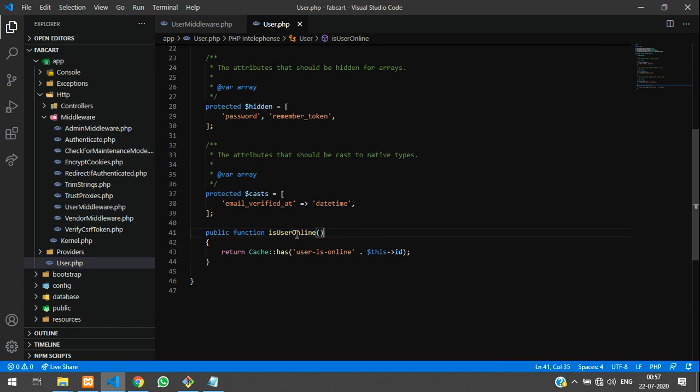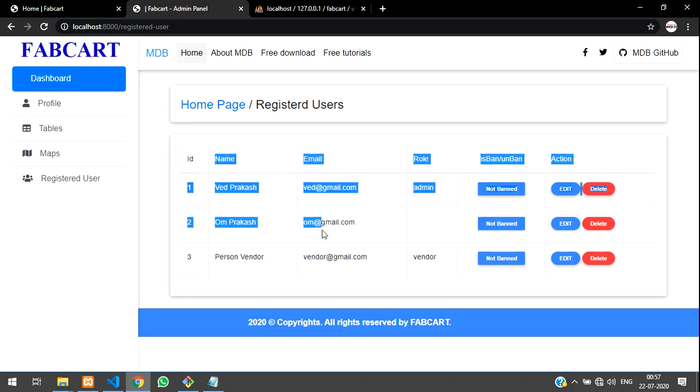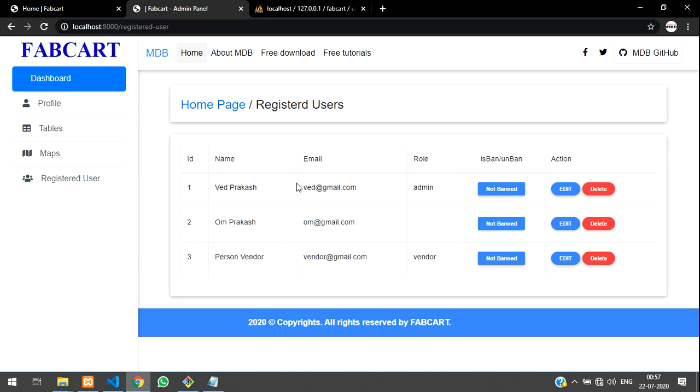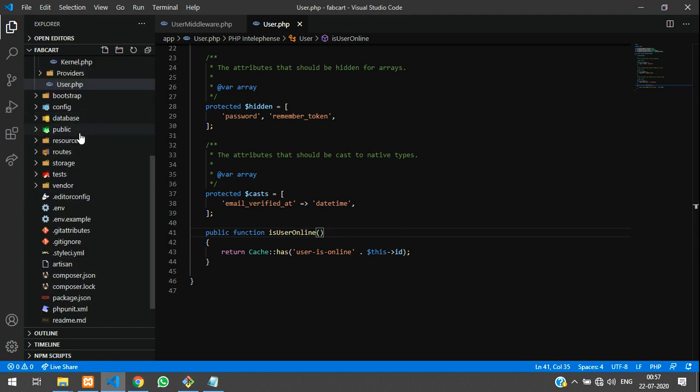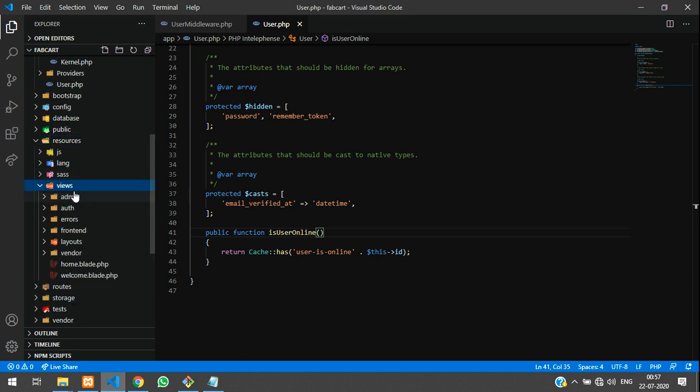Okay, so I just want to view this output on my dashboard, in this register page, the user page. So guys, let me create one column, table row and data for displaying online and offline users. So guys, let's go to our resources, views, admin.